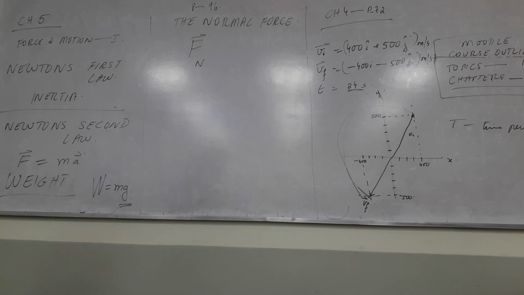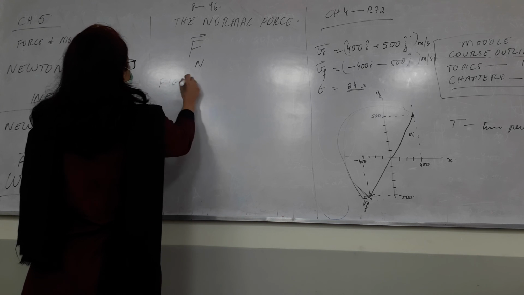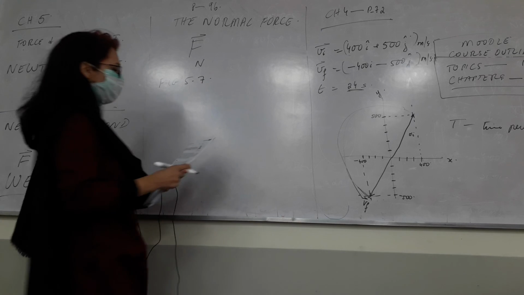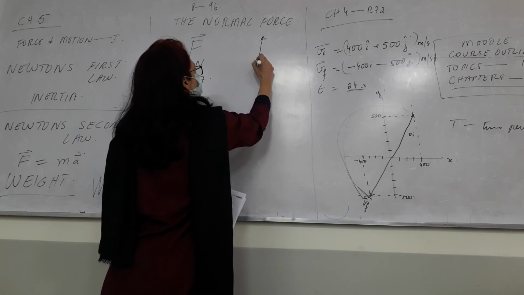Okay. Now, if you go to the next page, this is page 97, figure 5.7. Here is the formula, Fn is equal to mg. If both of these are equal, for example, if this